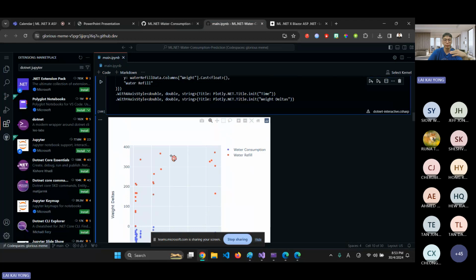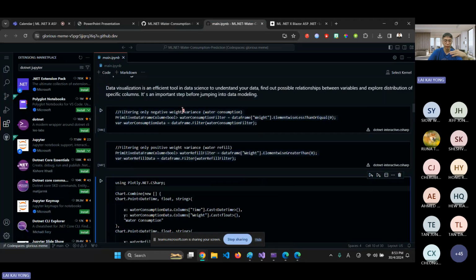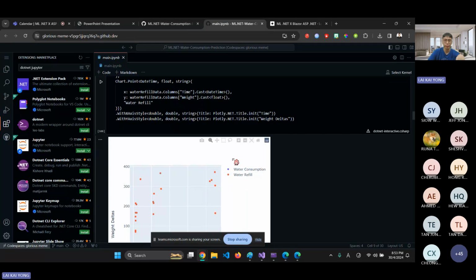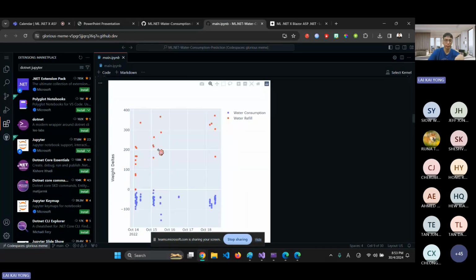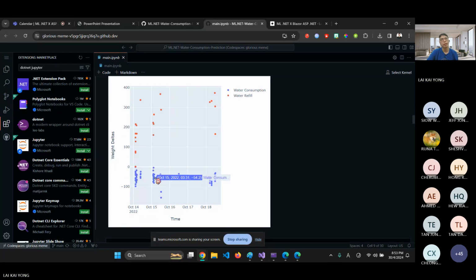As you can see here, once it's plotted, the water consumptions are the ones that are negative, and the ones where the water is not being drunk. So this is how it looks. Once you see this, you can understand that the data is correct, because when it comes to the point that we're